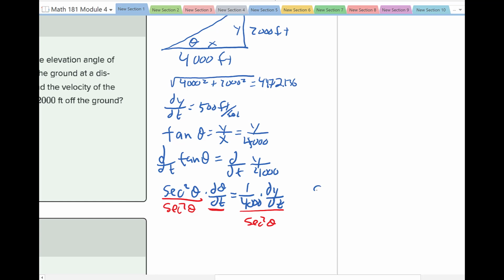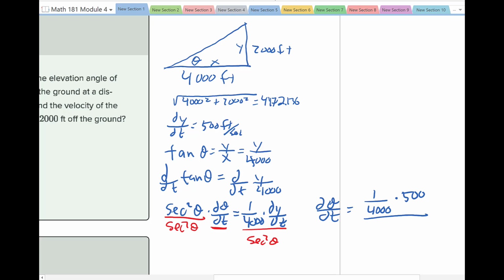Our dθ/dt is going to be that 1 over 4,000 times, and we're told that the dy/dt is 500, divided by secant squared. Now here's the key. This is why I found this value here, this 4472.136, because that's our hypotenuse. So that goes here,